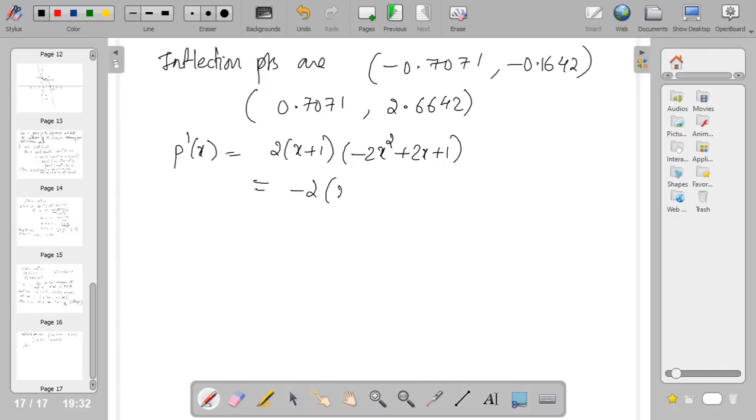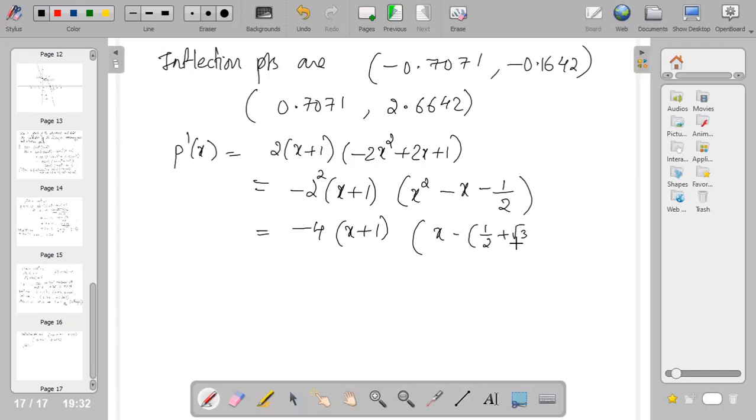Taking minus 2 outside, you will get minus 2 into (x square minus x minus 1 by 2). So therefore we have minus 4 times (x plus 1) into (x minus 1 by 2 plus root 3 by 2)